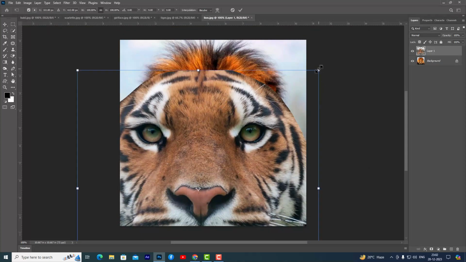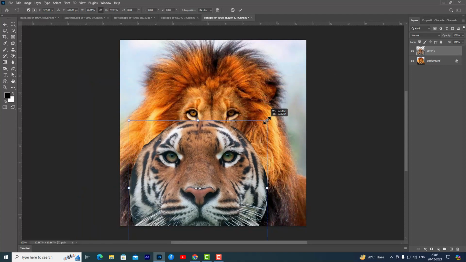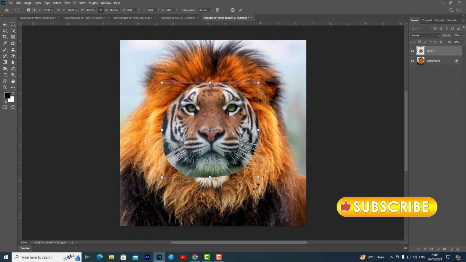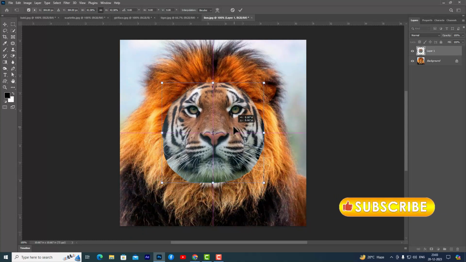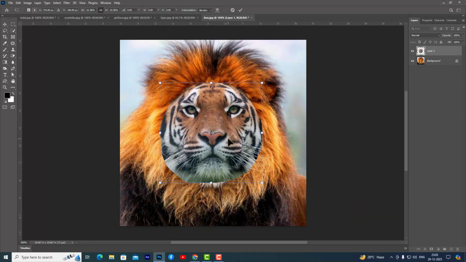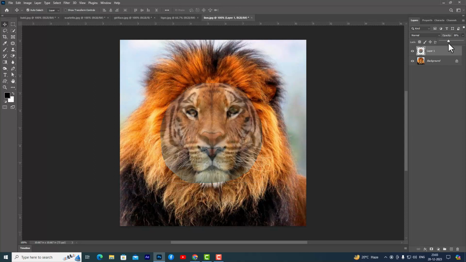We will scale down the tiger's face and adjust it over the lion's face. One thing we are supposed to remember is we need to match the face of the tiger with that of the lion, and we don't have to match it accurately or perfectly. We will first reduce the opacity of the tiger's image so that we can see the face of both tiger and lion,